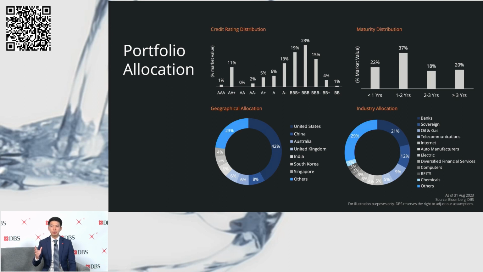Here you can see, this slide shows you a little bit more information on the portfolio allocation of the Liquid Plus Fund. Now, I'll leave this here for you to take a look at, but two things I really want to highlight. First, the portfolio is very diversified in the geographical and industry allocation. This is something we pay very close attention to in portfolio construction. This is absolutely essential to make a robust portfolio stronger. Second, the conservative tilt of the portfolio, as what Daryl has been talking about just now, leads us to allocate a pretty low allocation to high yield currently at just 4 to 5% of the portfolio.